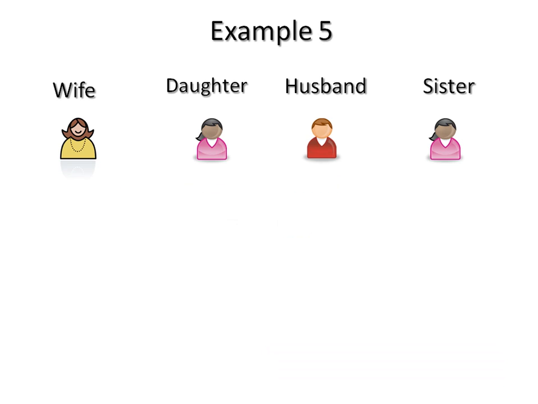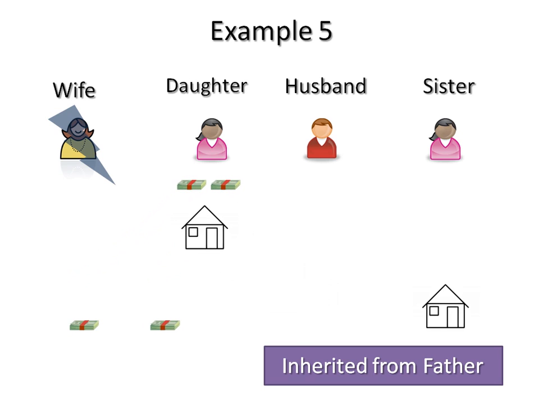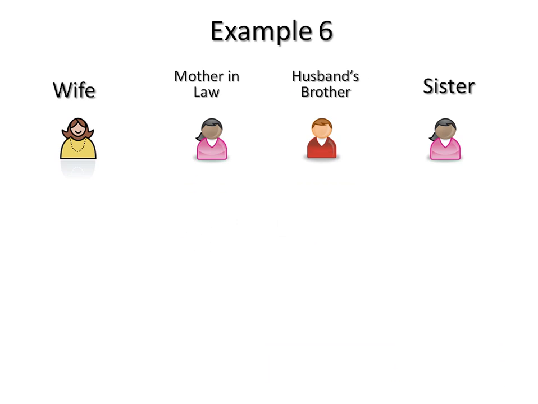Now let us go to the second example, where we have much the same example. The only thing is that the houses are inherited from her father. Now what do you think about this situation? Because the house is inherited from the father, what happens to this? Who has the first right on this property if the wife is dead? It will again be the daughter and husband. Remember, the first right will always be of the husband and children and grandchildren, whatever the case. So even in this case, half of the wealth will go to the daughter and half of the wealth will go to the husband.